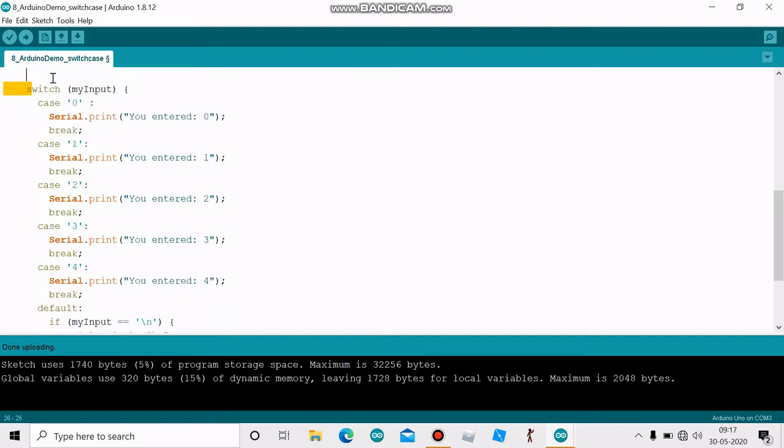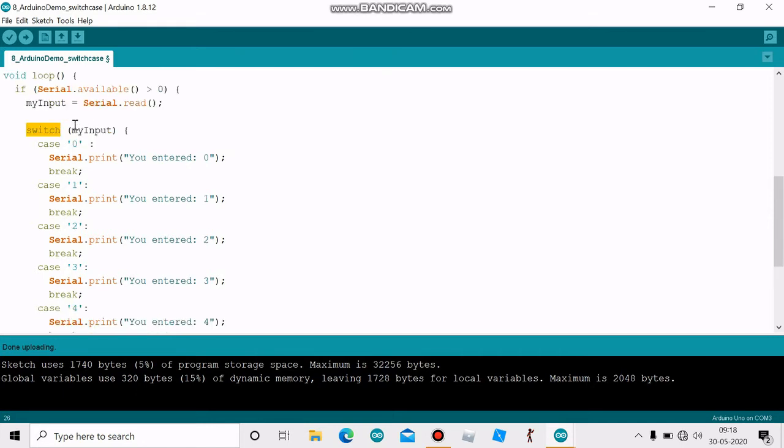This is how a switch case statement is used. So a switch statement uses my input variable, and based on the value of my input, a certain case is selected, and in each of these cases I define a separate print statement just informing about the value which is entered by the user. I could have used anything else in these case statements, such as a digital input or output statement also, or anything else that I would have preferred, which were unique according to every my input case.